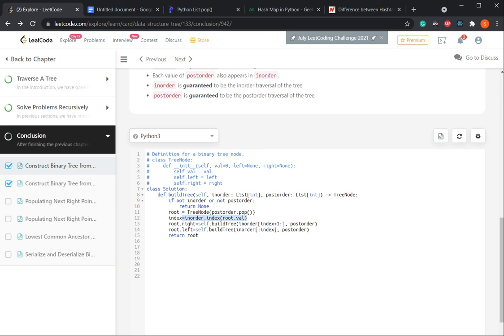So instead of this, we can even use a hash table to store the index of every element prior to the calculation. So we don't have to do it in every iteration. I will upload that solution in another video. That solution will use a hash map to store the index of the value, the index of the root node.